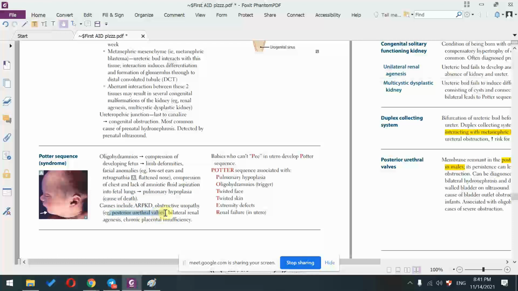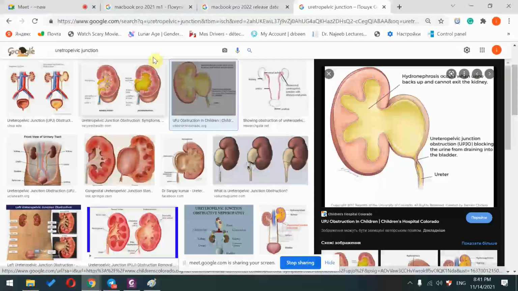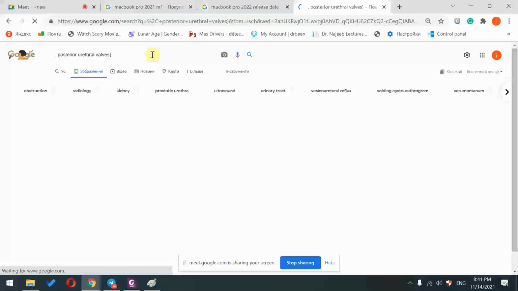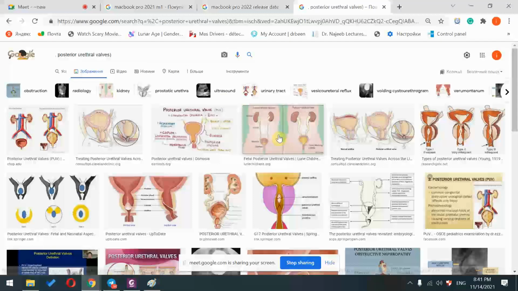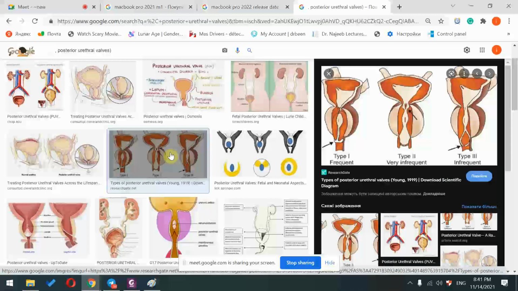So what is this vesicoureteral reflux? Basically, when the ureter enters your bladder, it's entering in an oblique fashion. What do I mean by that? Take a look. If we speak about the connection between the ureter and the bladder, yes, here is the picture I was looking for. If we take a look at the area where the ureter is entering the bladder,